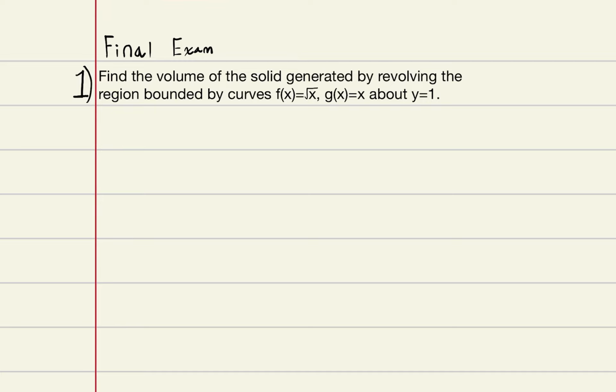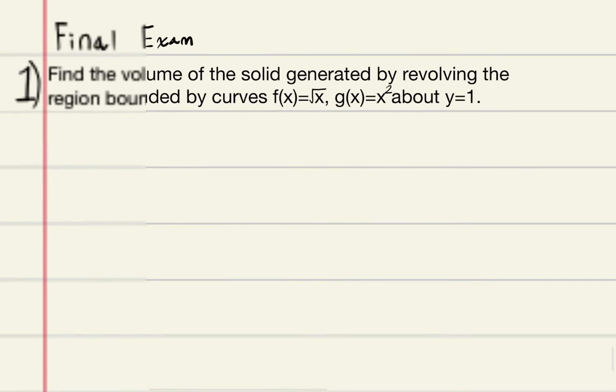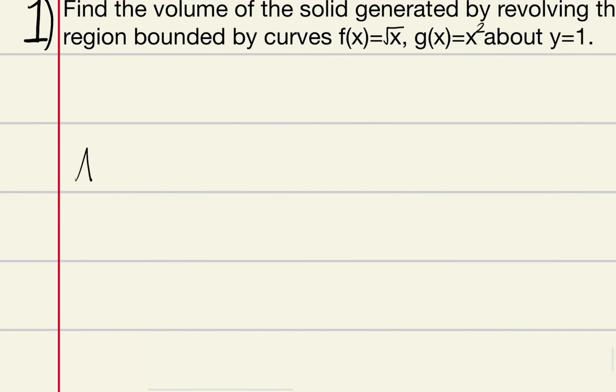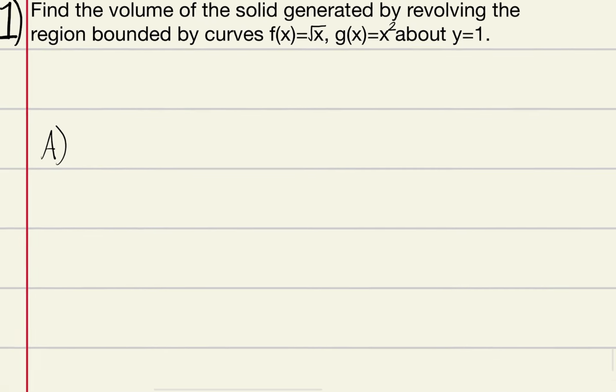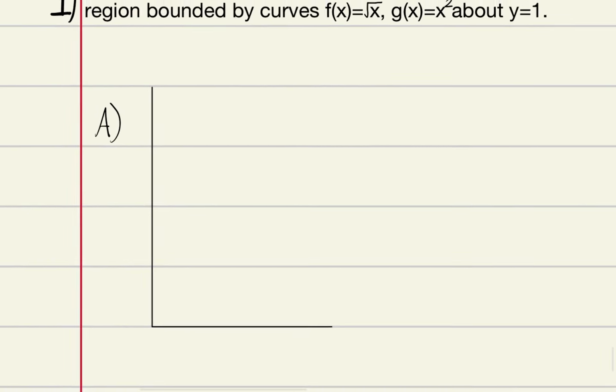Question 1 is to find the volume of the solid generated by revolving the region bounded by the curves f of x equals square root of x and g of x equals x squared about y equals 1. First, we'll sketch the graph, and since we're rotating about y equals 1, we'll make a very long y-axis,